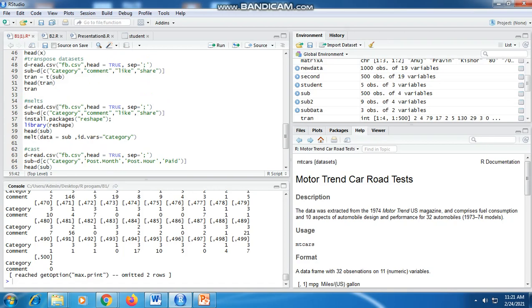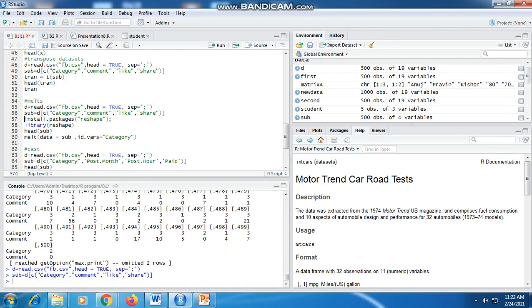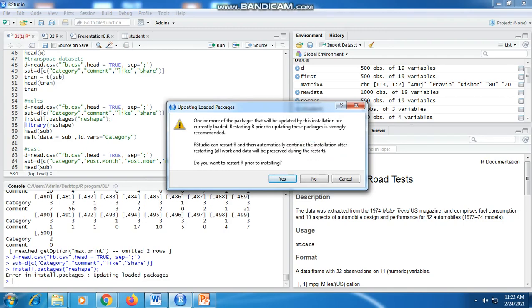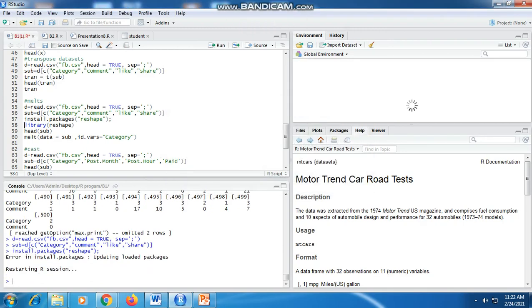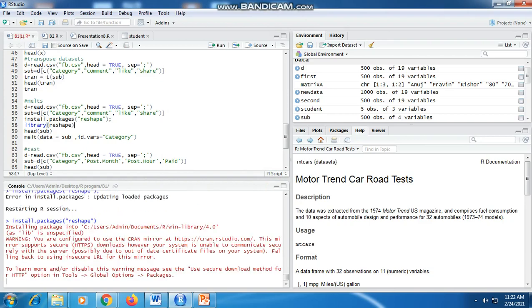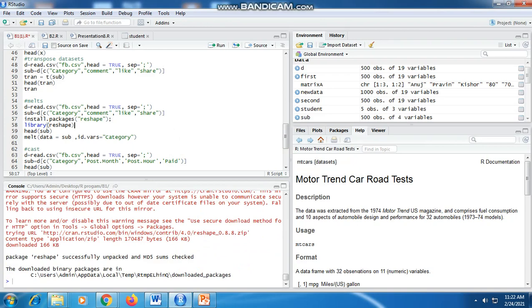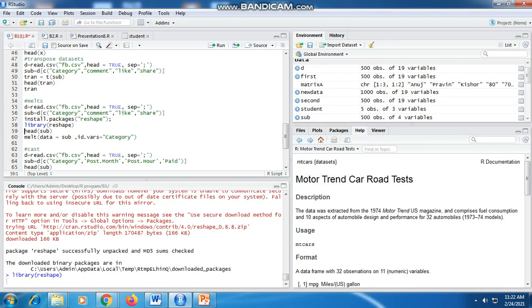Then melting. For melting, the initial two steps are the same. Then we need the reshape package, so we need to install reshape with install.packages reshape. Here it is already installed. Make sure that you have an internet connection in order to install this particular package. So library reshape is now available on my system.